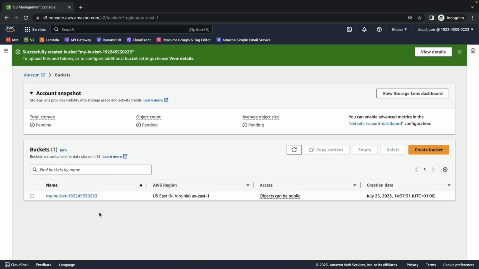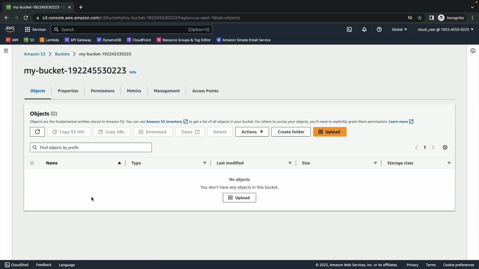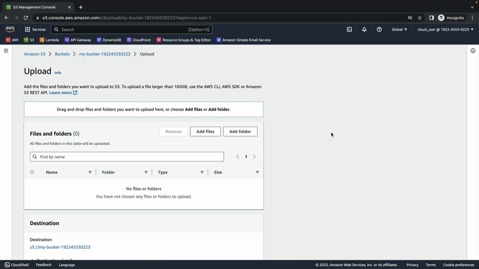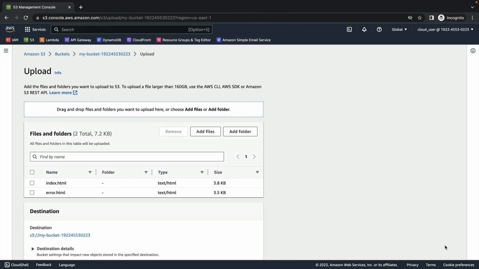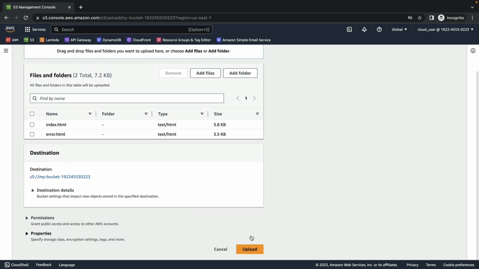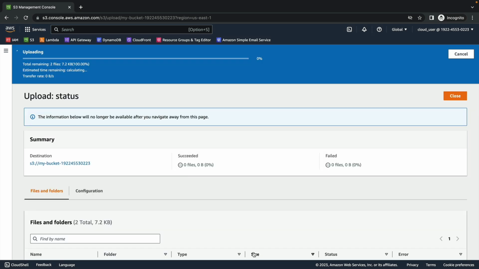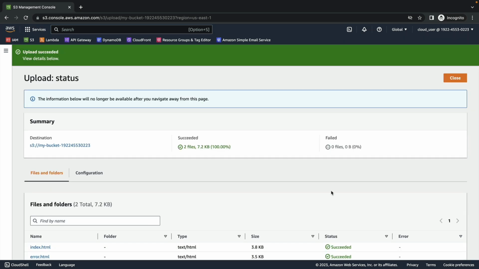After it's been created, select your bucket, and now we'll upload our website files. So select Upload, Add Files, select the two files that you downloaded, index.html and error.html. Then select Open, scroll down and upload. After the files are uploaded, we can close that screen